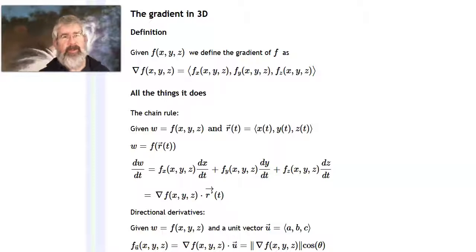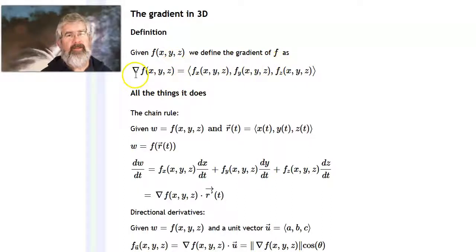In this video, I want to take a look at the gradient for a function of three variables. I should say that everything that happens with two variables is happening with three, and you could keep doing it with four variables or more, right? But here we go. Suppose I've got a function of x, y, and z,